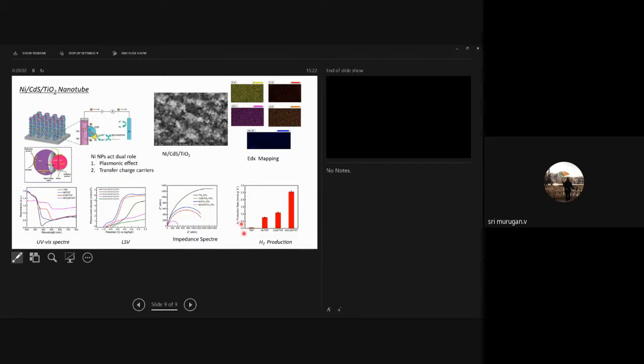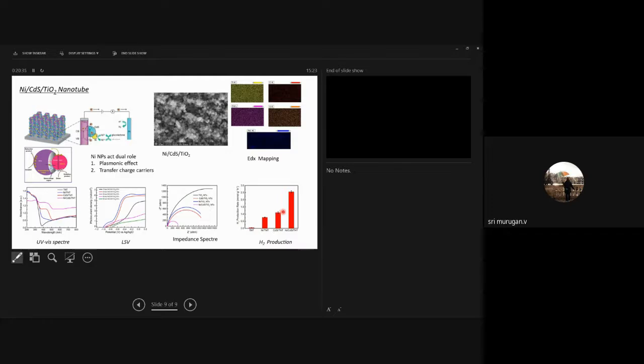And then we calculated the hydrogen production rate for each of these photoanodes. So this TaO2 is able to produce a small amount of hydrogen, and then nickel generated considerably high compared to the TaO2, whereas CdS is so much higher than nickel TaO2 because it is able to cover the visible portion of the solar spectrum, so it will be able to give